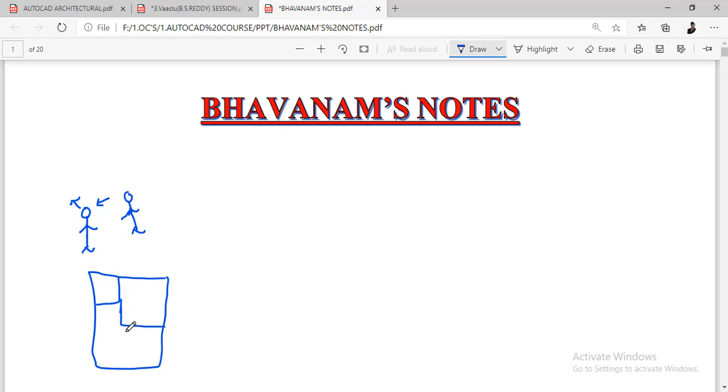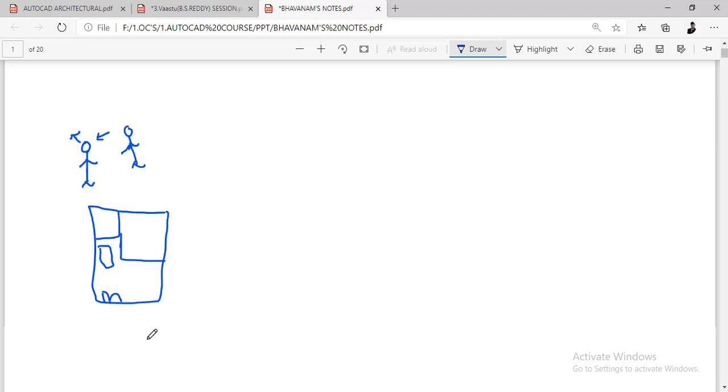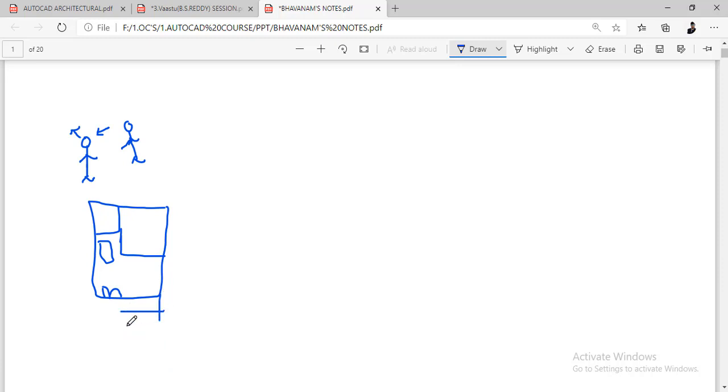Okay, and somewhere here I put a hall, and this is a dining portion, and somewhere here you will put an entrance, and somewhere here the staircases. These also, initially, you don't know the vastu. So you can give all these things like this: kitchen, master bedroom, hall, dining, and the entrance. And after that, once you submit it to the client, what he does is